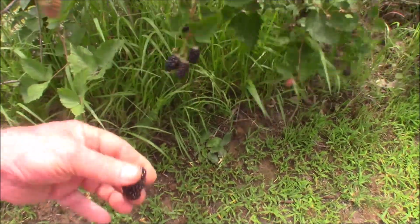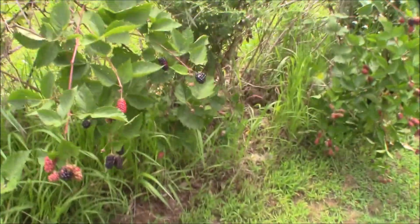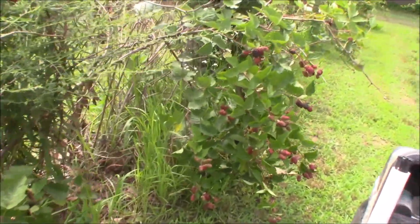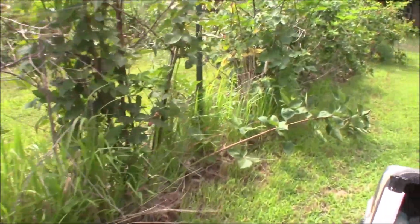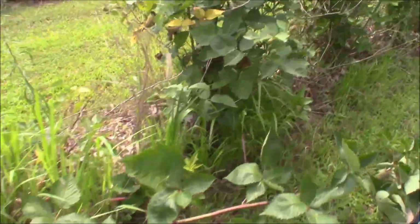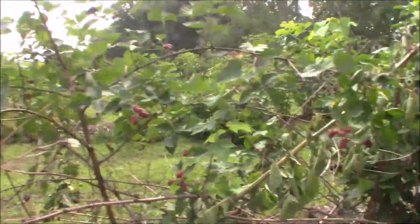Looky there, ain't that pretty? May have to test another one here. Oh my goodness. No briars. They're thornless. Oh my goodness, we got a lot of black ones up here. But anyway,